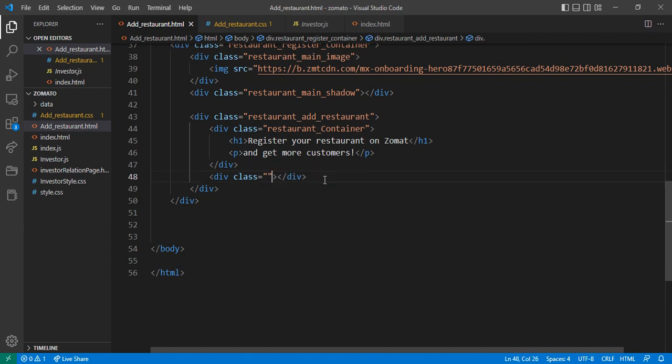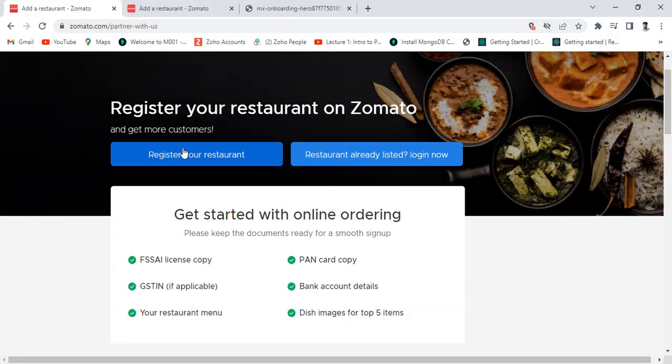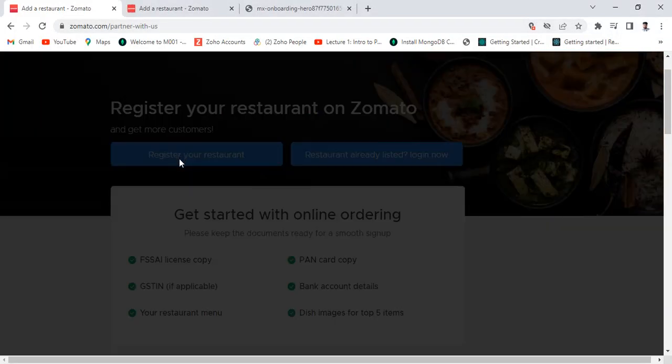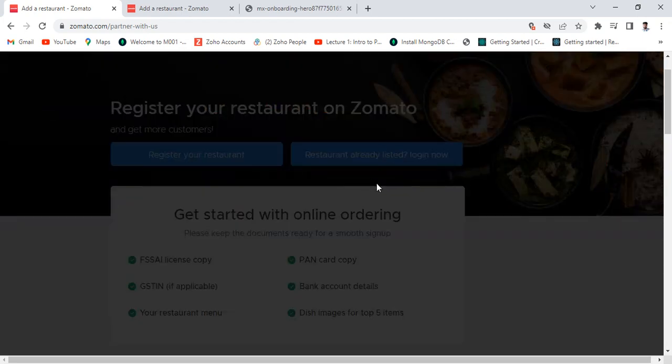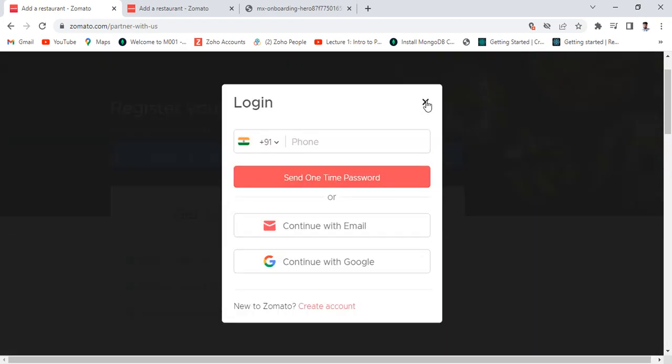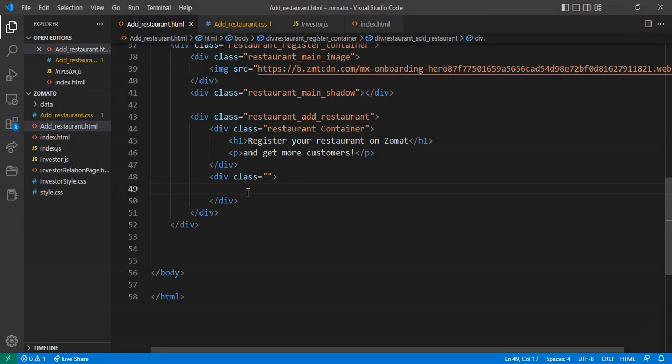We can add it later. Here I want to give a div, and let me just check what happens when I click. Okay, this login section opens when I click here. Again this login section opens. Okay, like that. We can do one thing first of all,